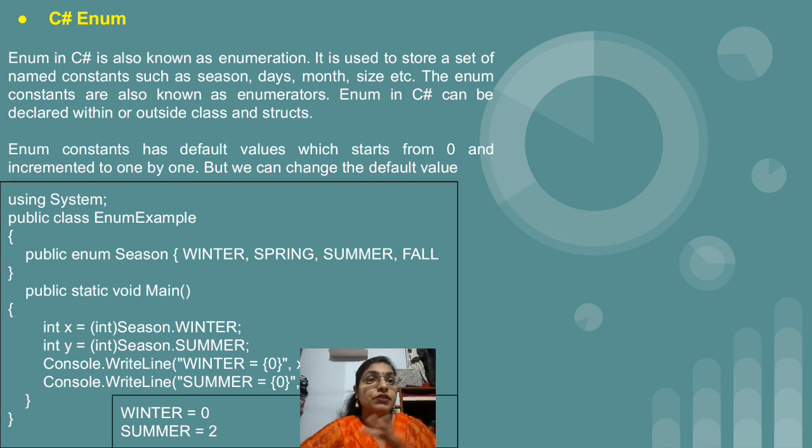I hope everything is clear to all. In today's lecture we learned abstract classes, which is again a very important topic. Then we have seen the interface, then we have learned the concept of namespace, and all these questions are important, no? It is already asked in the exam. Just see the previous year papers, you will come to know. And then we have seen the topic of enum. So this much is there in today's lecture.